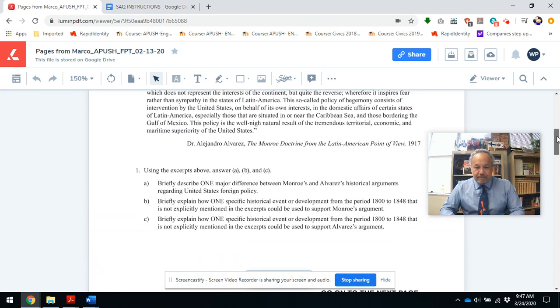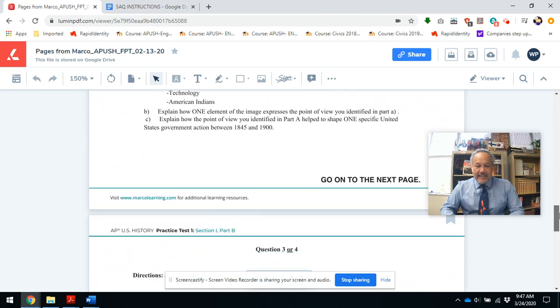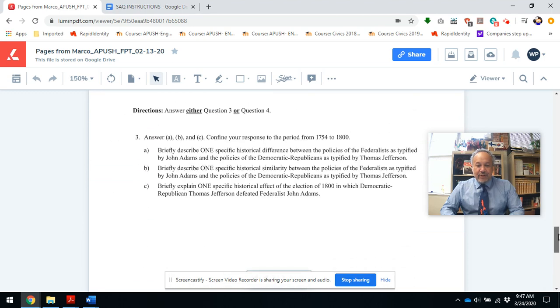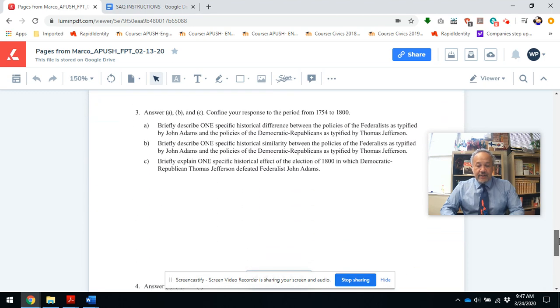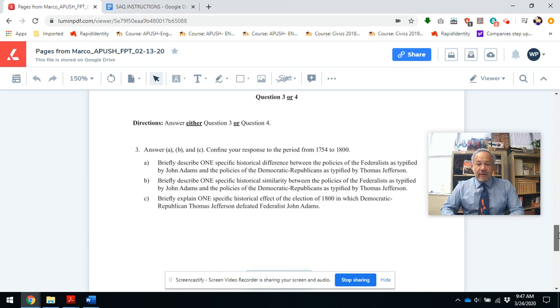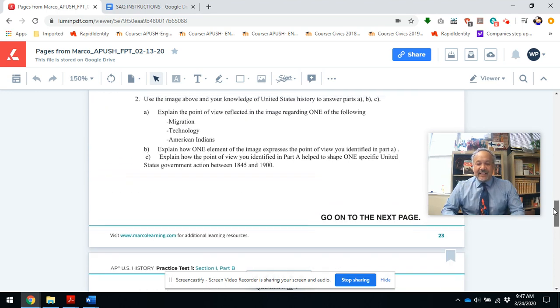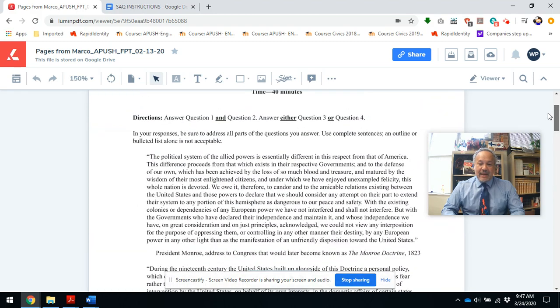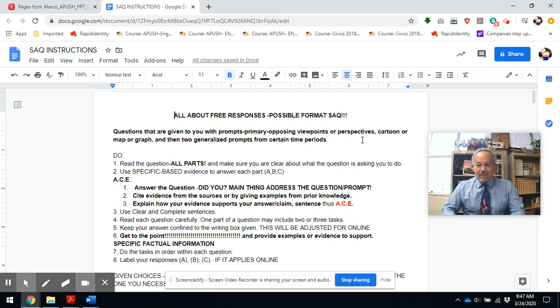These would be the ones where the last one, you get a choice right here. You get a choice between either 3 or 4, and it had different time periods. And as you know, though, the time periods are going to be short until 1945. So that's why some of this will not apply. But I think we're going to do these examples. Now, some things here that I want you to be very aware of.